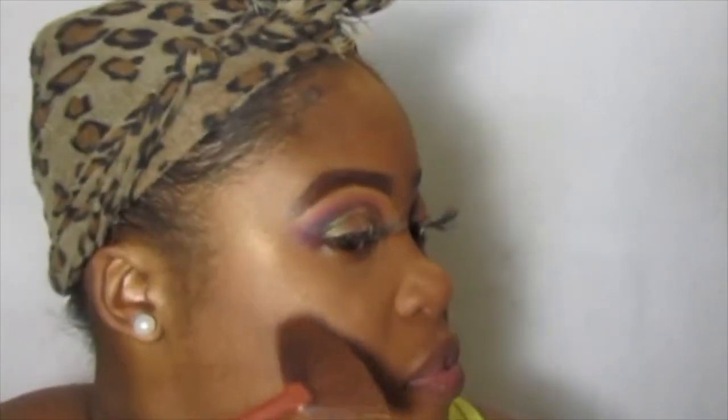So then I'm taking a little bit of Self-Love, just a little bit of a rosy shade, kind of give us some love, and I'm going to take the Self-Love and add it right in the center. Okay, so and that is the complete look, you guys. Once I come back